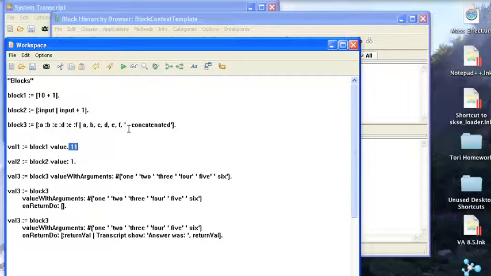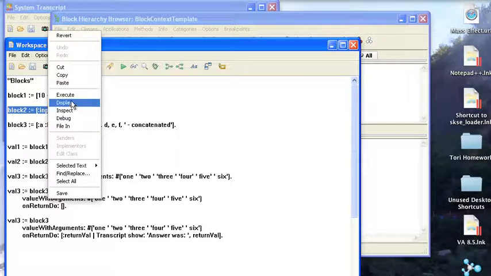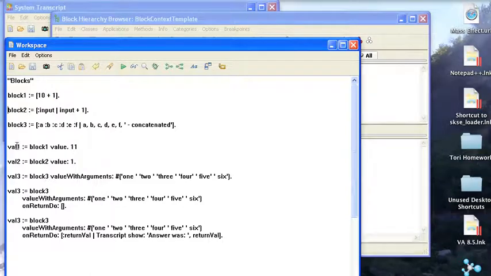I can pass this block around as an argument, with presumably arguments passed into it, and then do what I want with it. So for instance here, I have block 2 where I have a single argument coming inbound, and I'm going to add the inbound argument to the number 1. So I set that up as deferred execution again, execute this, so I have my block 2, and now I can send block 2 the value colon message, just like value only with an argument, and I can give it any argument I want. Here I'm going to give it 1, and do a display,